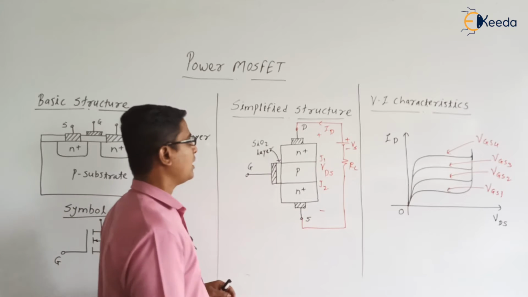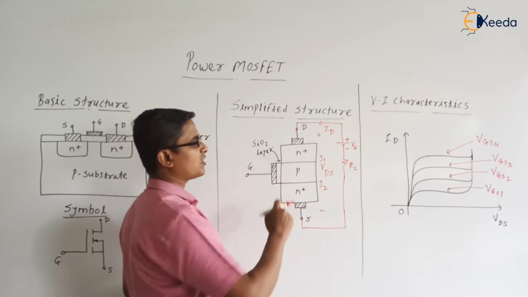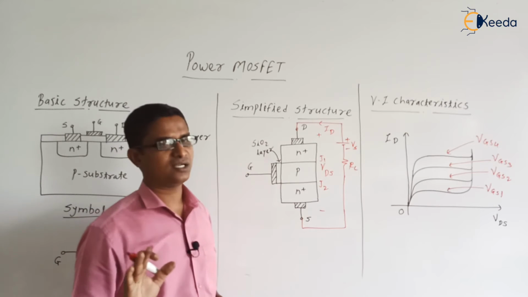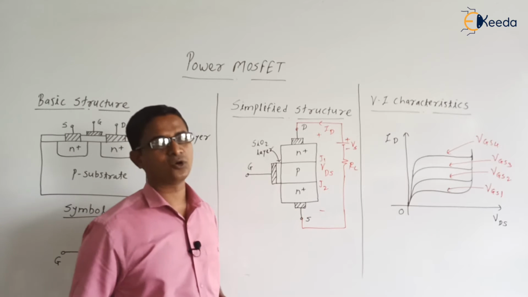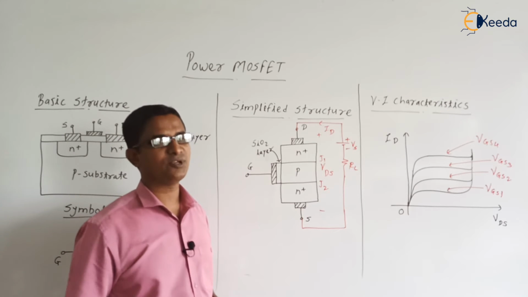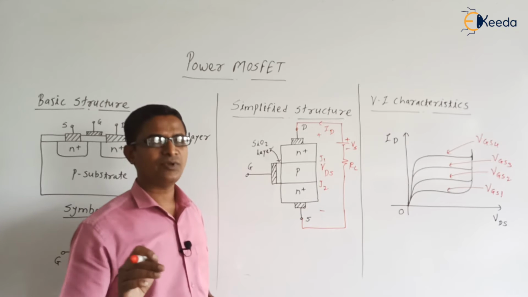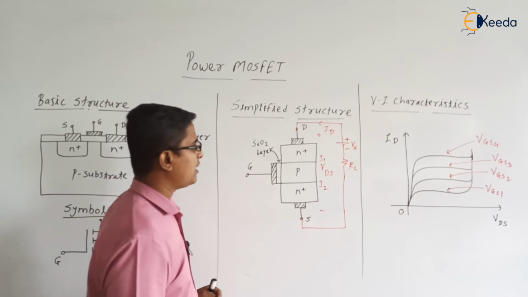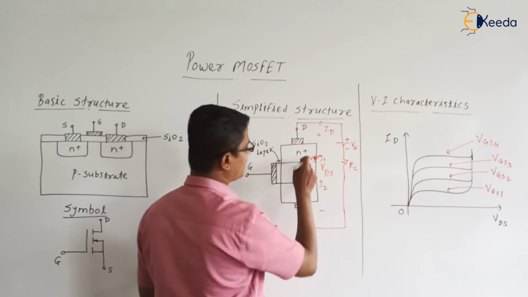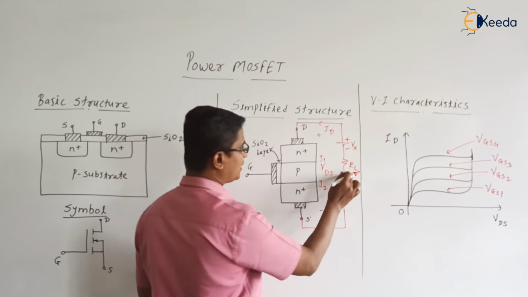Now, as the MOSFET is in the off state, what about the current in the circuit? It is a negligible current, right? Ideally speaking it should be 0, but in the practical case it is a negligible value, having some value in microamperes. Now, as the current is 0, what about the voltage across the load?